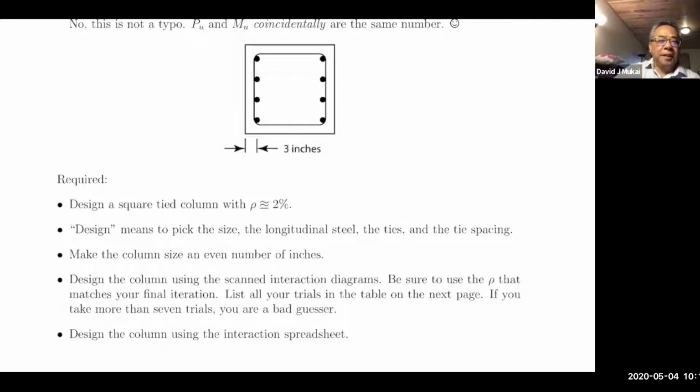There you go. Design the column using the interaction diagrams and make sure in a test, when it's time, they said just take 3 guesses at the most. And if you still don't have it after 3 guesses, just call it good. You have a lot of time to do this, so just keep going till you get it right. And so I have a chart here where you can, I need you to,